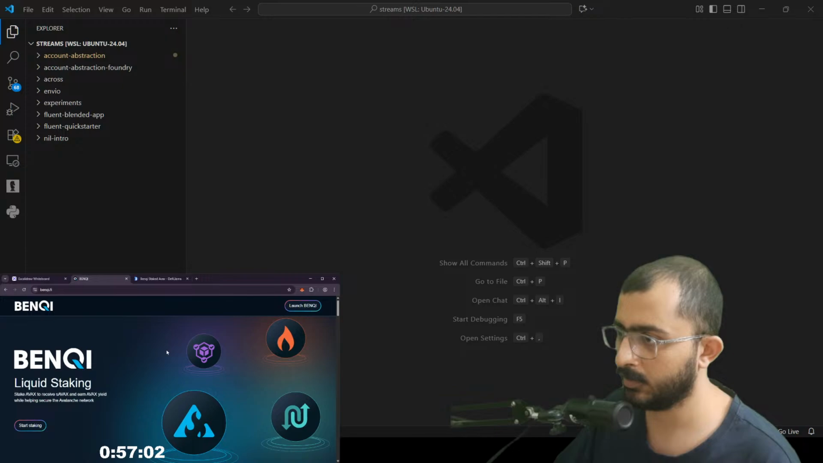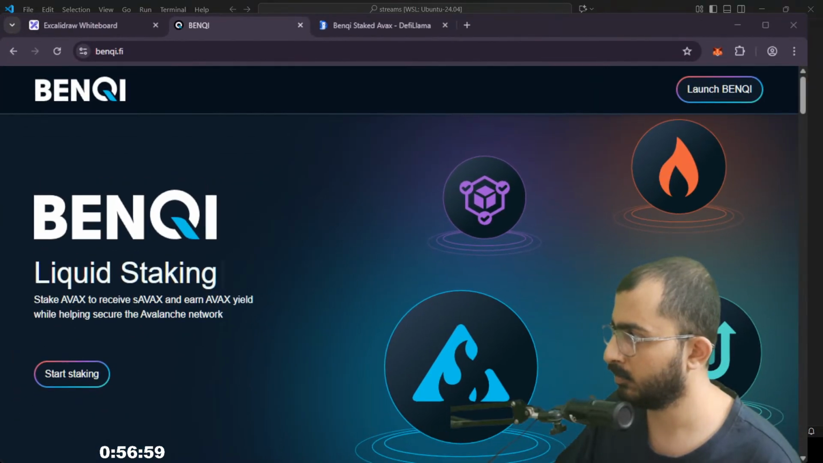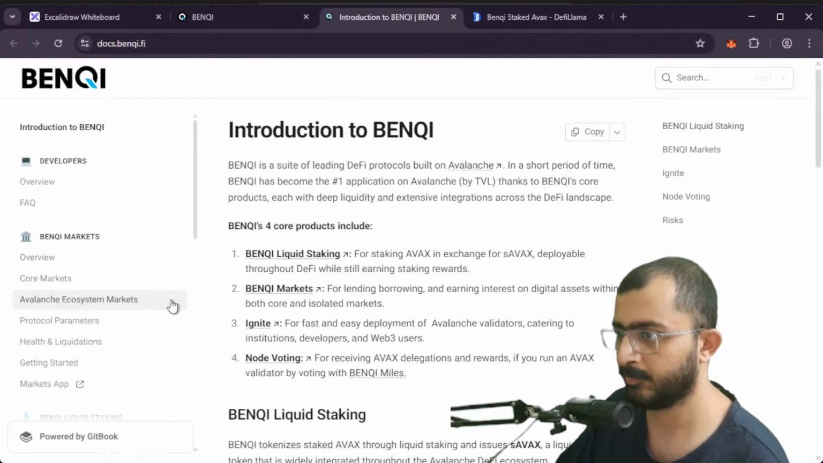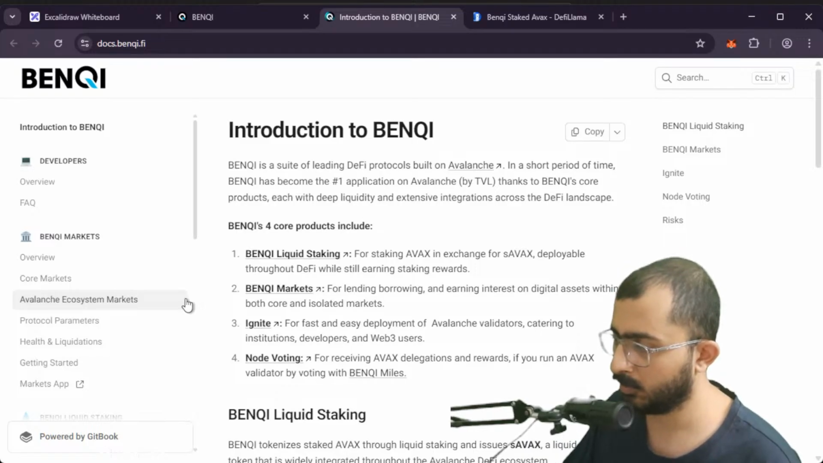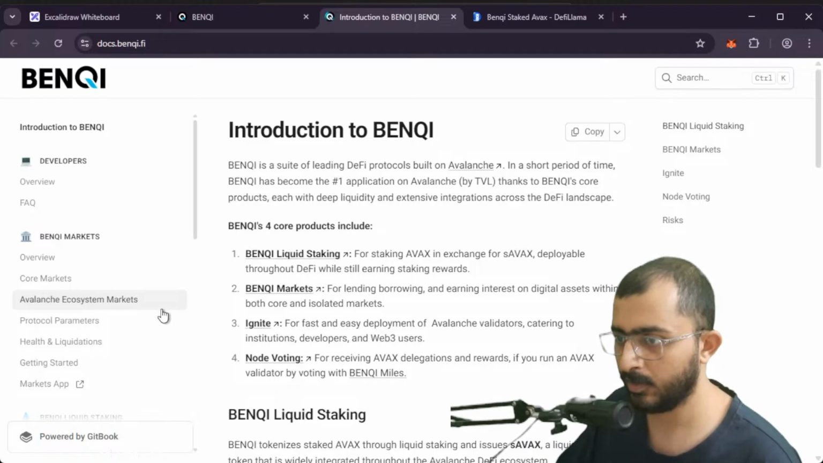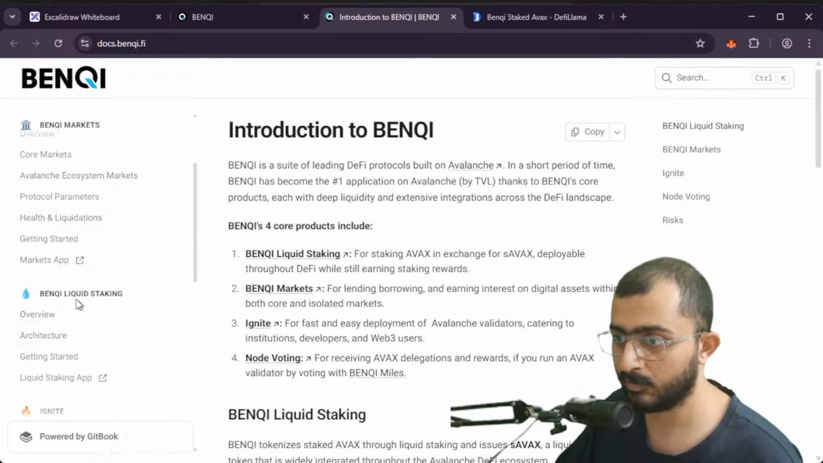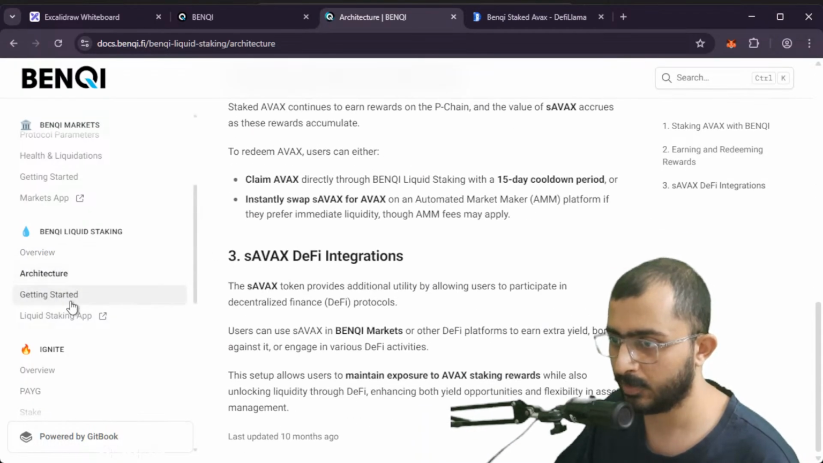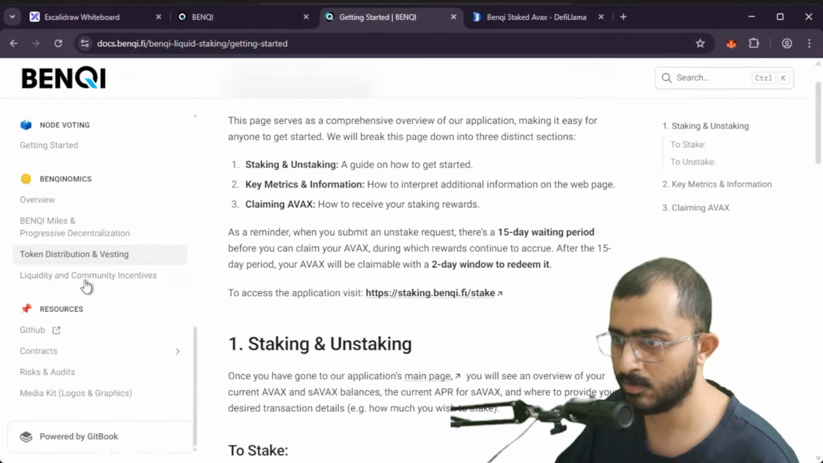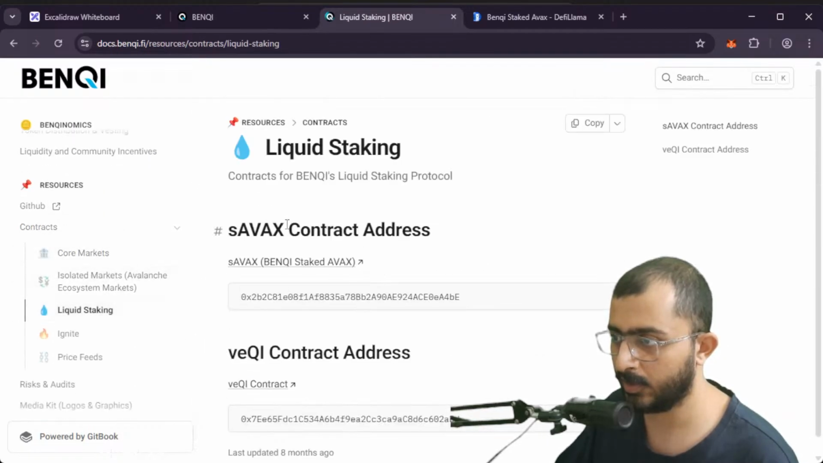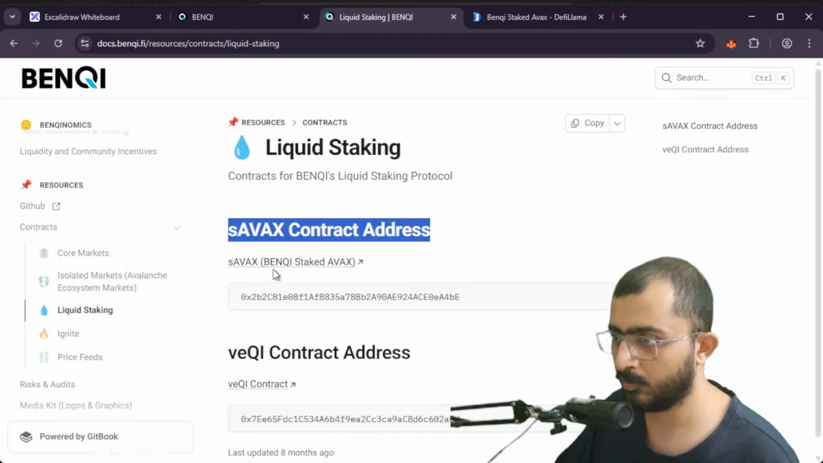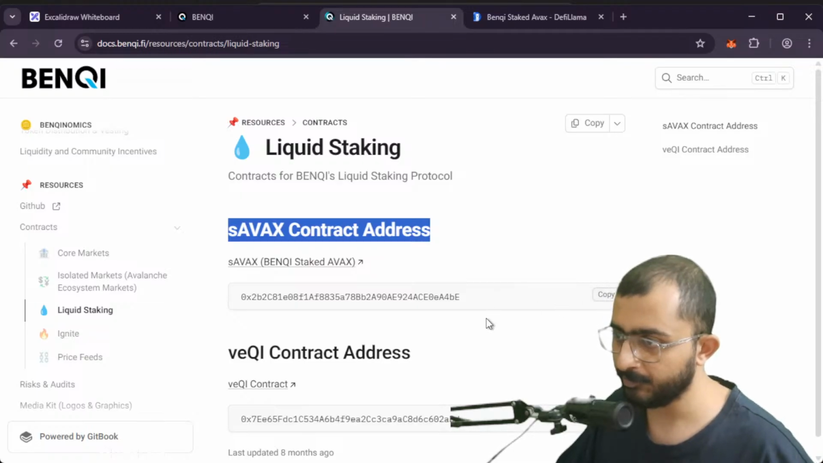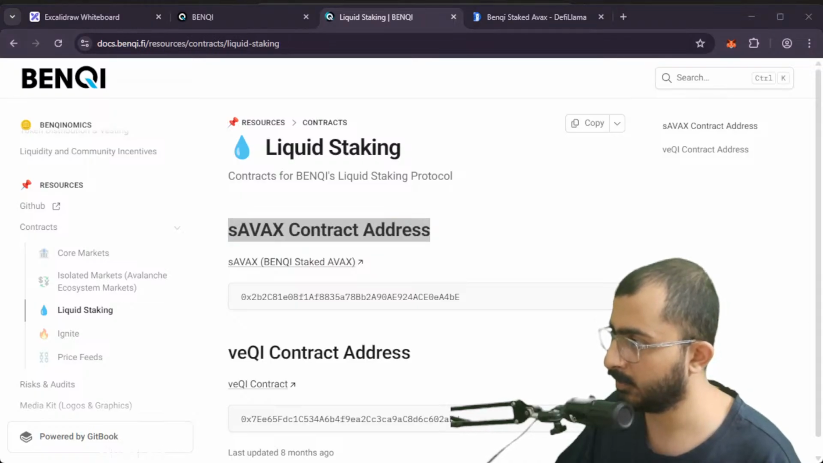So let's start with actually going to the documentation, and we need to figure out all the events for this particular contract, or we can just find the addresses. They should be somewhere here. No, contracts, then liquid staking. This is the token BenQI staked AVAX. So let's copy this and create our indexer with